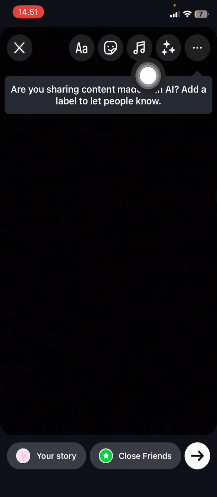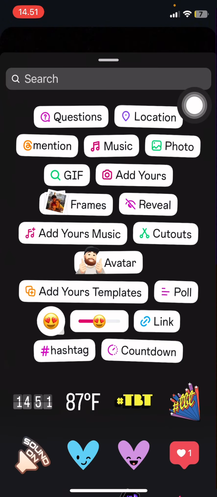Go to the stickers tab and you're going to add in the location. You're going to select any location that you want so that when people are on the location they can click your story and you'll get more views. Then you can also add in